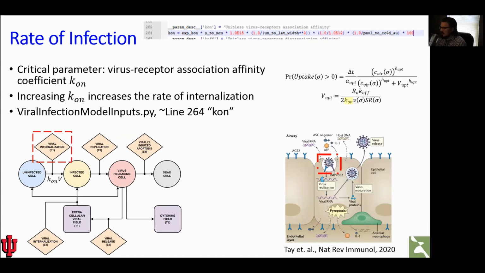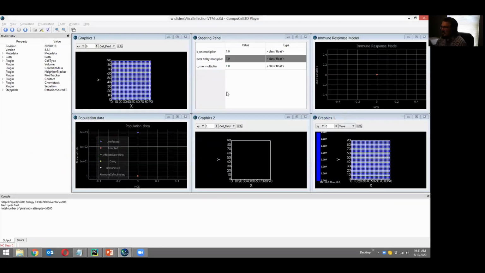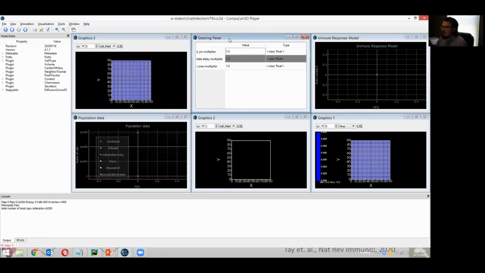Now, what we're going to do is we're going to take individual parameters and make modifications to them from the baseline parameter set, and then we're going to see what happens. So we've set this up to facilitate this as much as possible to try to stay out of the code. Josh and Giuliano have set up what we call a steering panel,